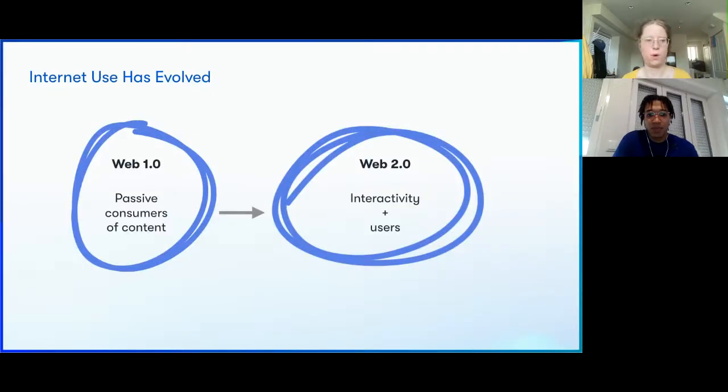Of course, Web 1 was very passive content. Web 2 was very interactive content plus users. And Web 3 is moving away from centralized systems like Google and Amazon, but also more than that: not just a platform feeding off of your data, rather, you are contributing to the platform's growth and the platform itself, more in a community.